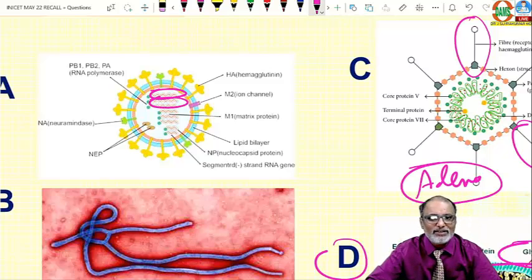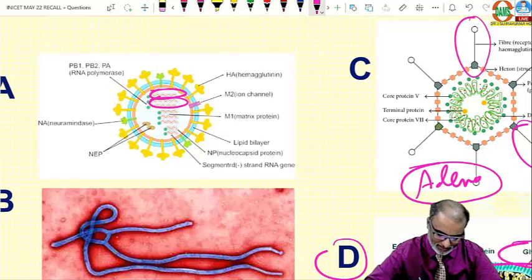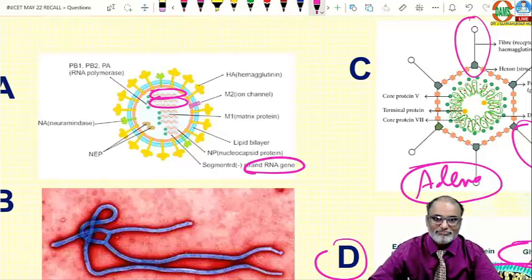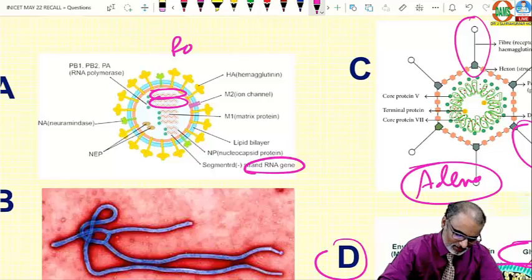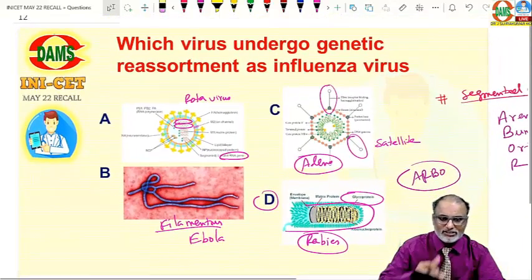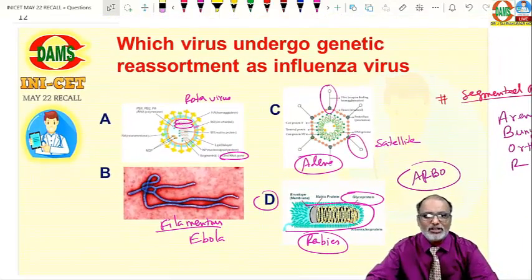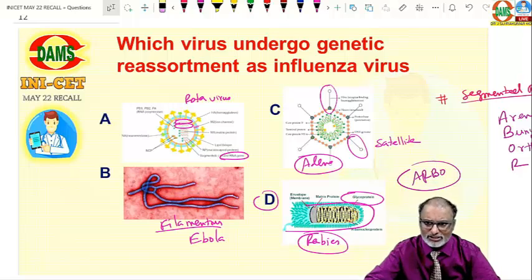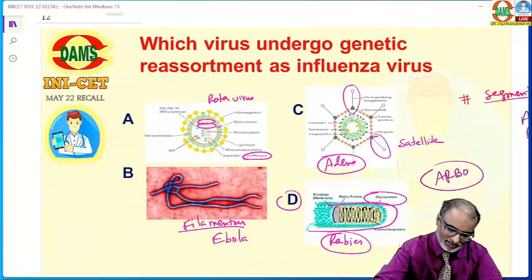Double stranded and segmented RNA is rotavirus. So this image, rotavirus, is the option. Same question we asked in the CBT: which of the following viruses exhibits genetic reassortment like influenza virus? It is rotavirus. Next is,